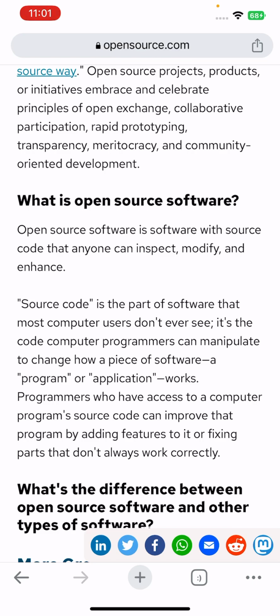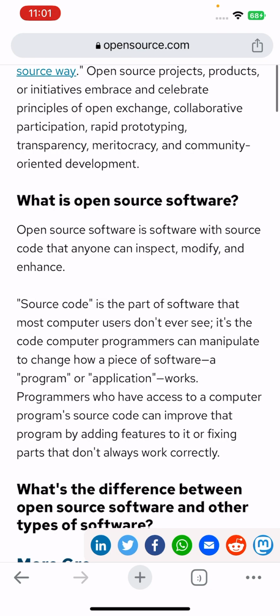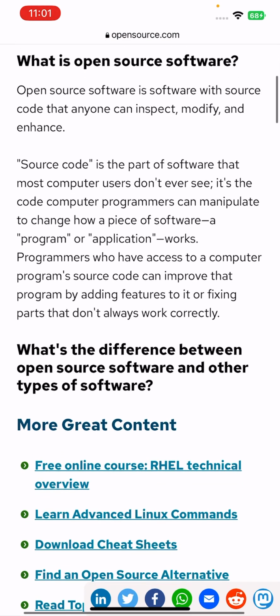It's the code a computer programmer can manipulate to change how a piece of software or a program or application works. Programmers who have access to a computer program's source code can improve that program by adding features to it or fixing parts that don't always work correctly.